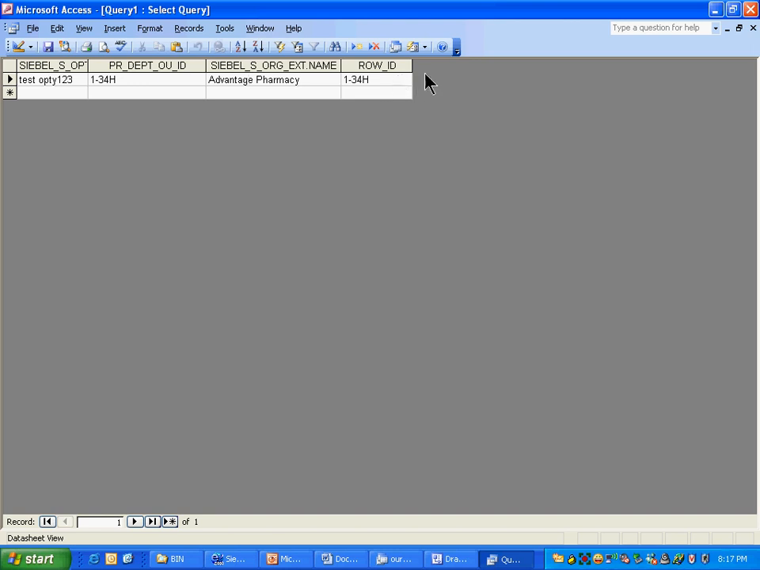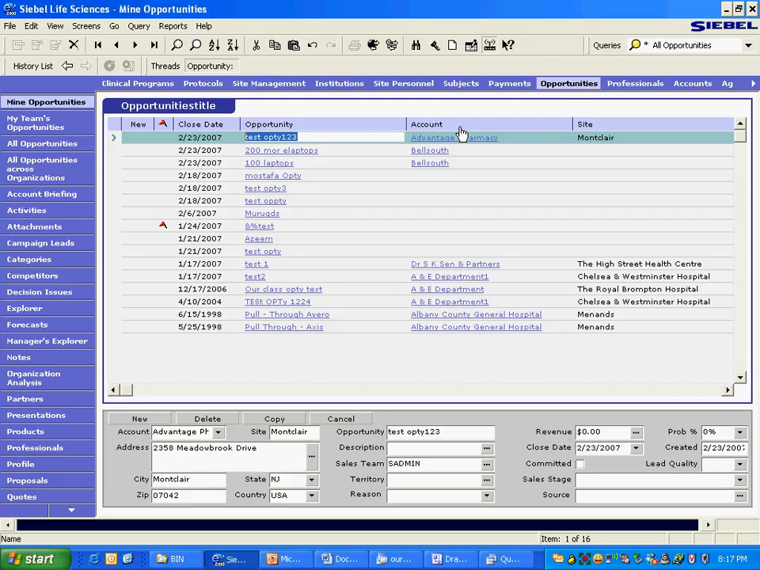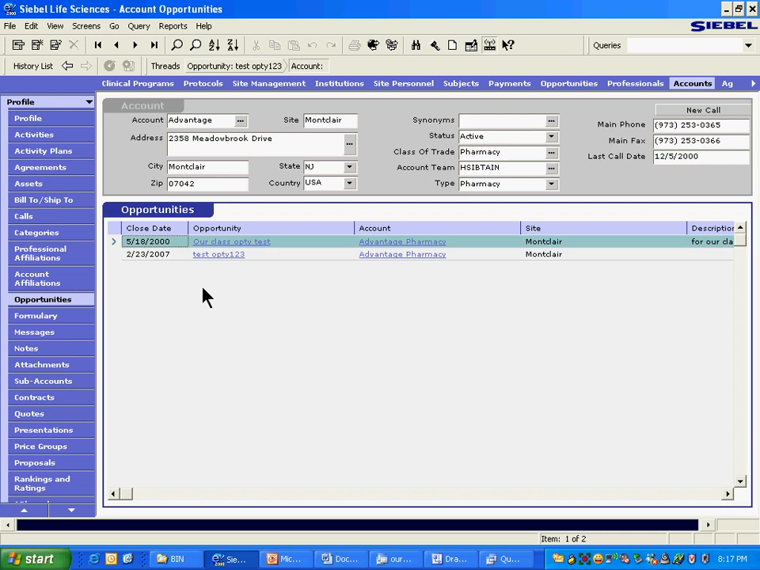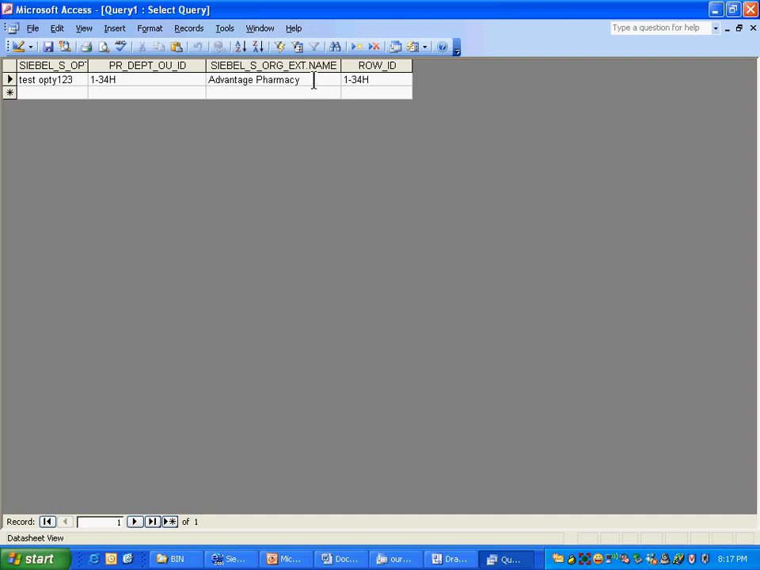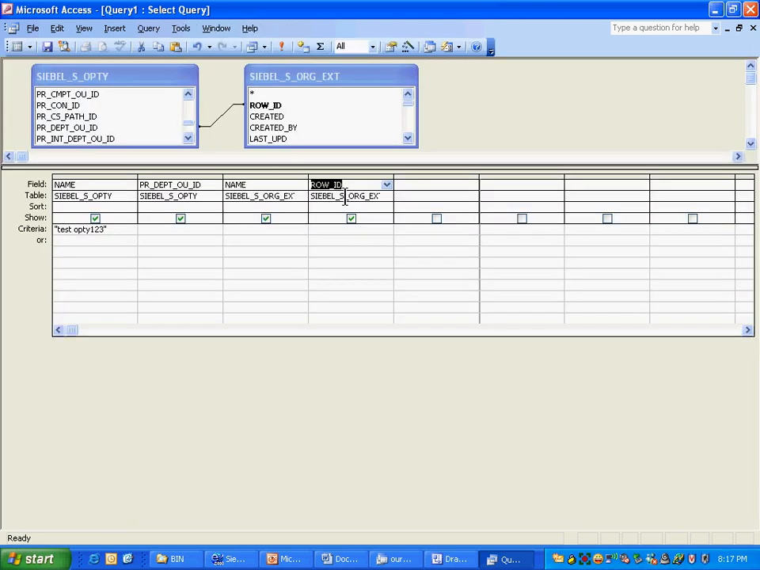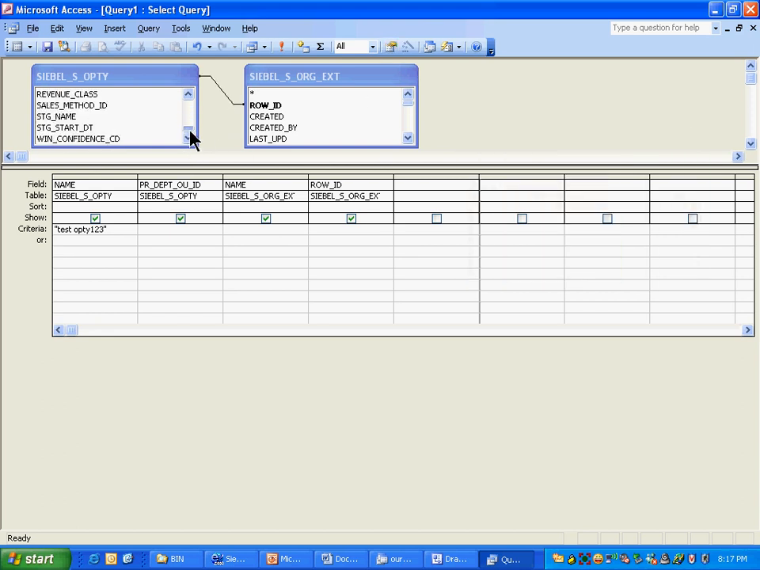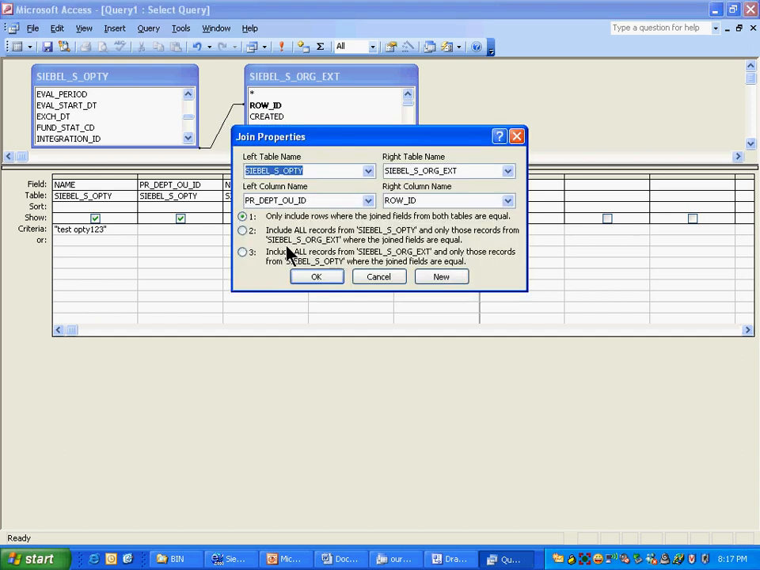Do you want to trace a one-to-many relationship also? For this Advantage Pharmacy, let's associate multiple opportunities with this account. So there are multiple opportunities, but they did not come in our query, right, Muruks? So we need to make sure that we get a list of all the opportunities associated with this account. So what I do is highlight this join. Join property. And include all records from